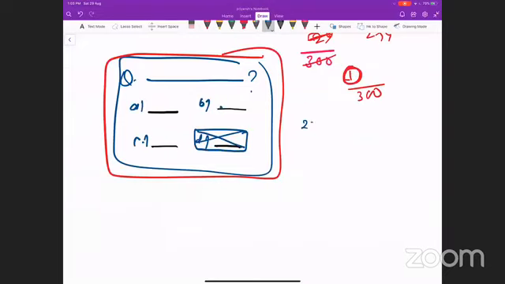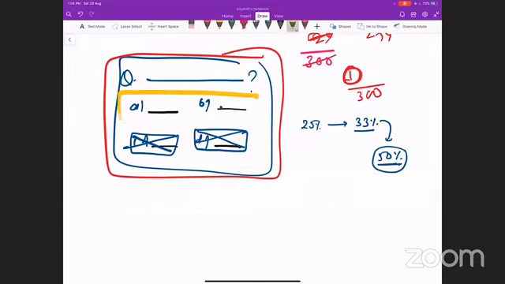If you eliminate one option, your probability will increase from 25% to 33%. After a few months of practice, you are able to eliminate two options. Your probability of getting the correct answer will increase to 50%. And this is what we want to achieve. Once you are able to eliminate two options, it will be very easy to answer the question.